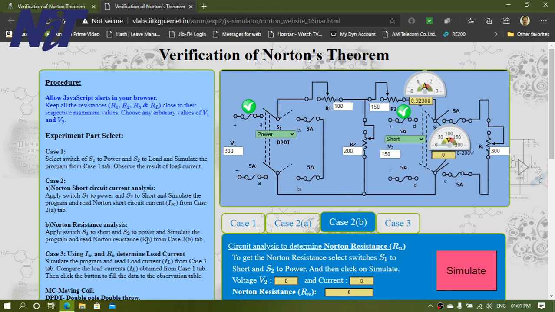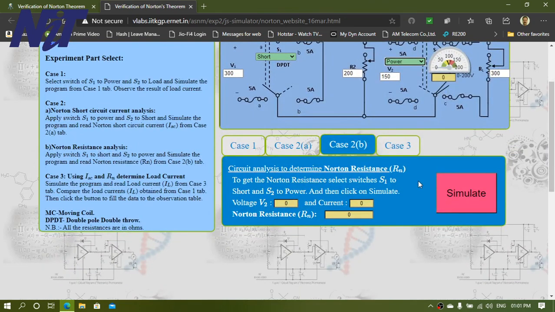Click on case 2b, maintain the switch condition, switch 1 should be in short, switch 2 should be in power, where the V2 voltage is changed to 150. Now simulate. It will tell us your Norton resistance also.